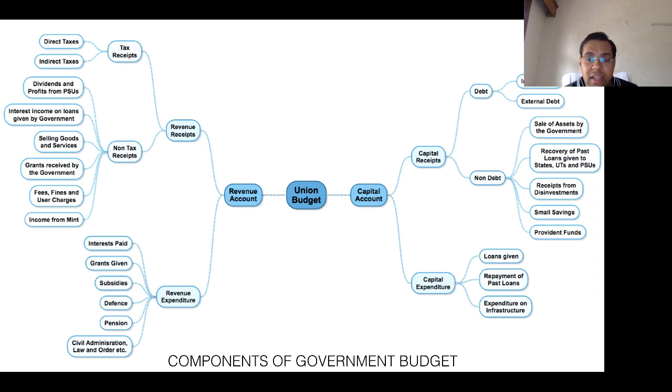Followed by that, the second is the capital account. Capital account is capital receipts and capital expenditure. If capital receipts are higher than capital expenditures, it results in a surplus, and vice versa, expenditures being higher than receipts result in deficits. This is the basic understanding of deficit as well as surplus. So when we talk about the difference between revenue receipts and revenue expenditure, capital receipts and capital expenditure, it is coming as a part